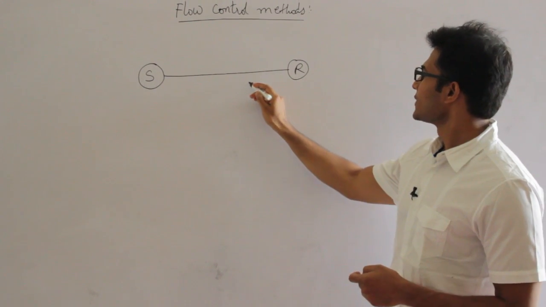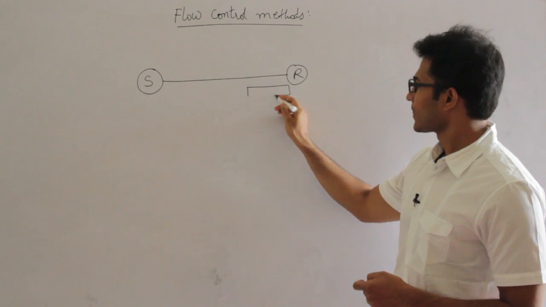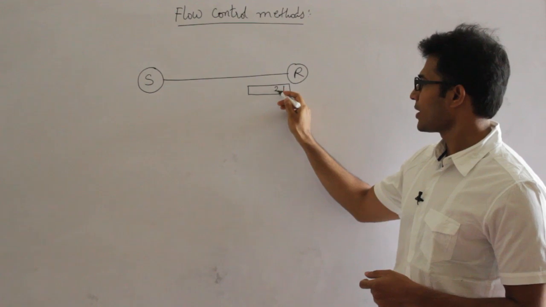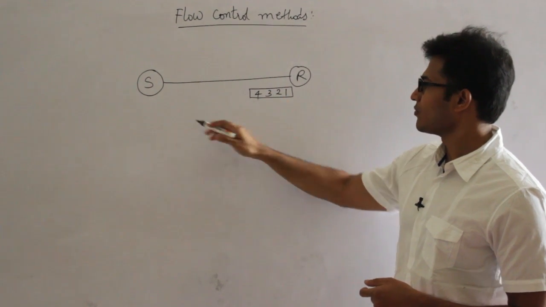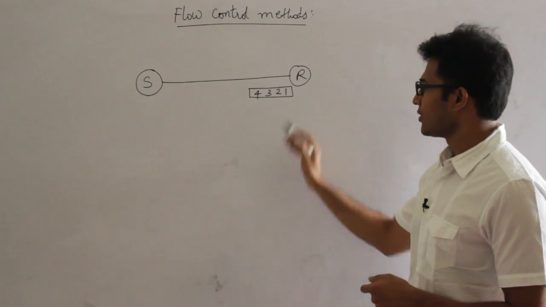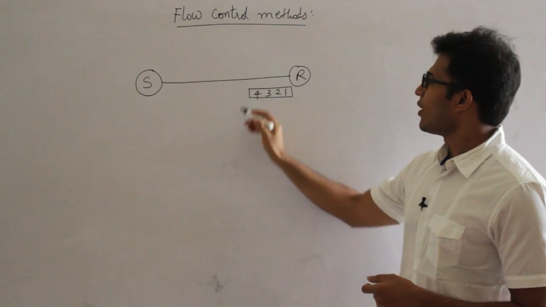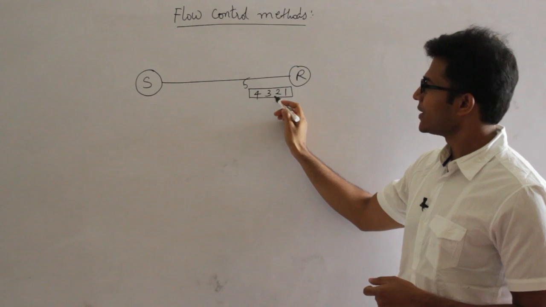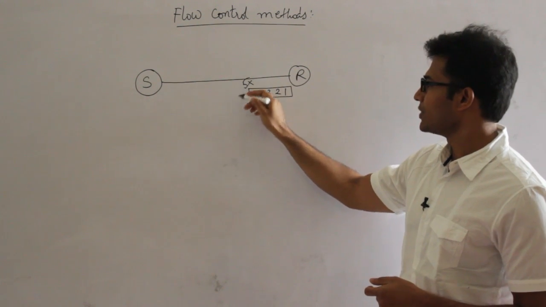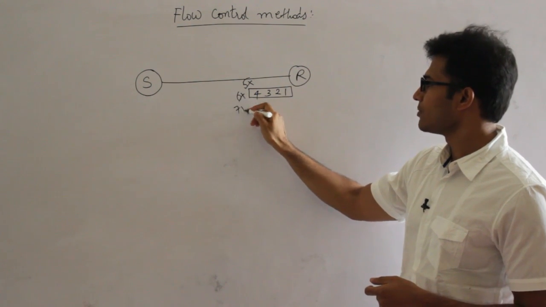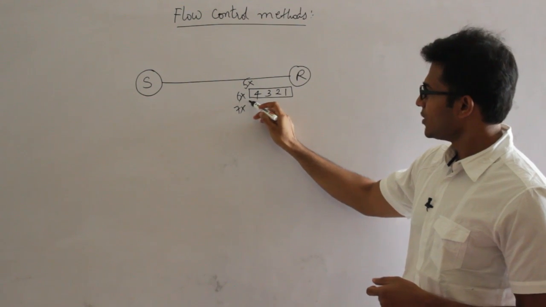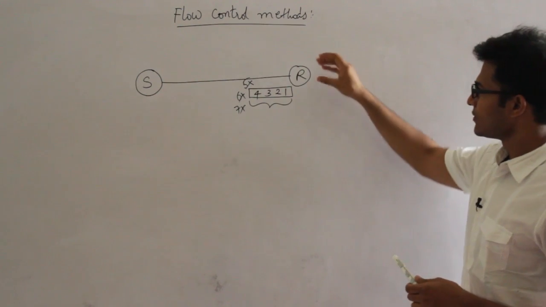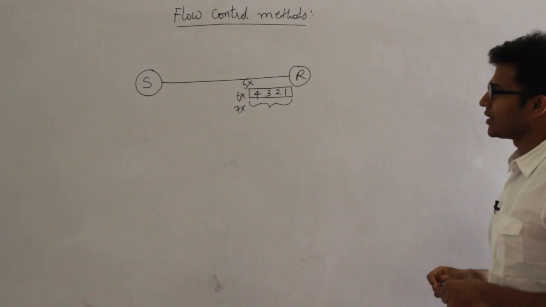Then what happens is, let us say this is the buffer available at the receiver. Then you are going to send packet number 1, packet number 2, packet number 3, packet number 4. All the packets are being sent. Now the buffer is completely full. Now if you send one more packet, packet number 5, there is no place to accommodate it, therefore it will be discarded. 6 will be discarded, 7 will be discarded, which means you should not send the packets at such a high rate that the receiver is not able to handle them.